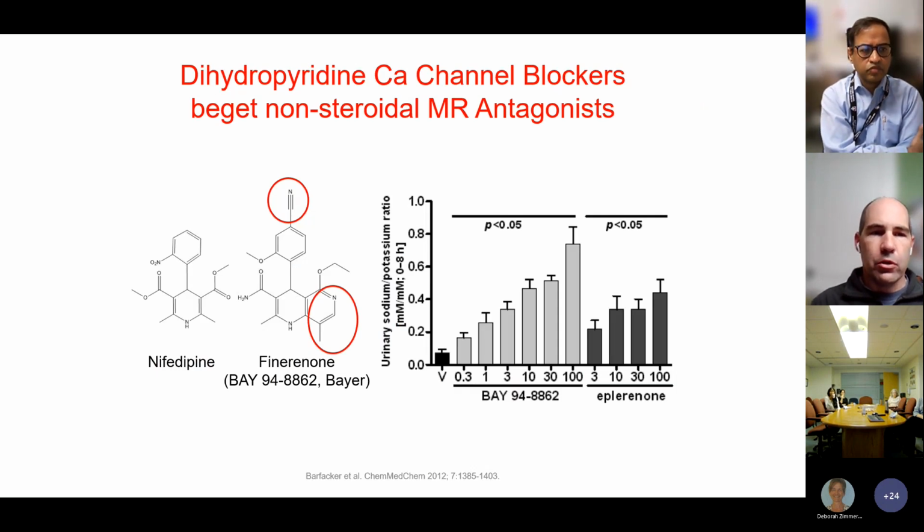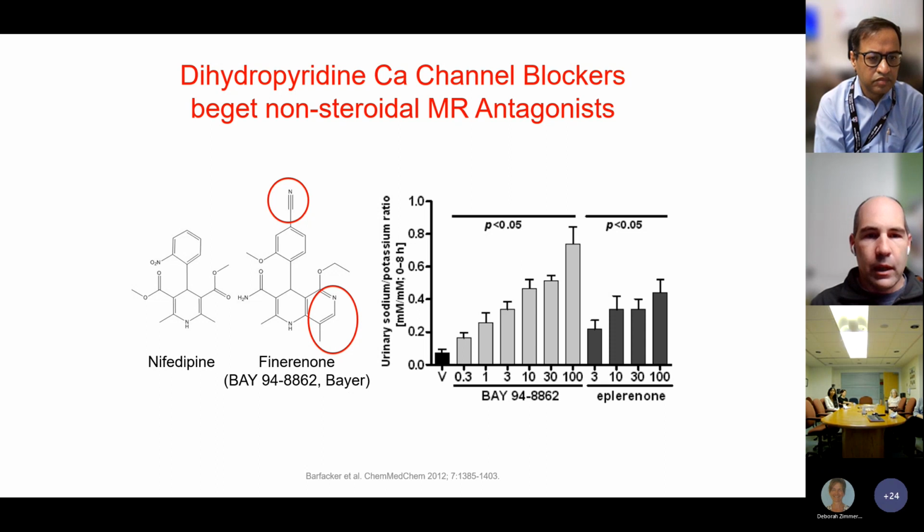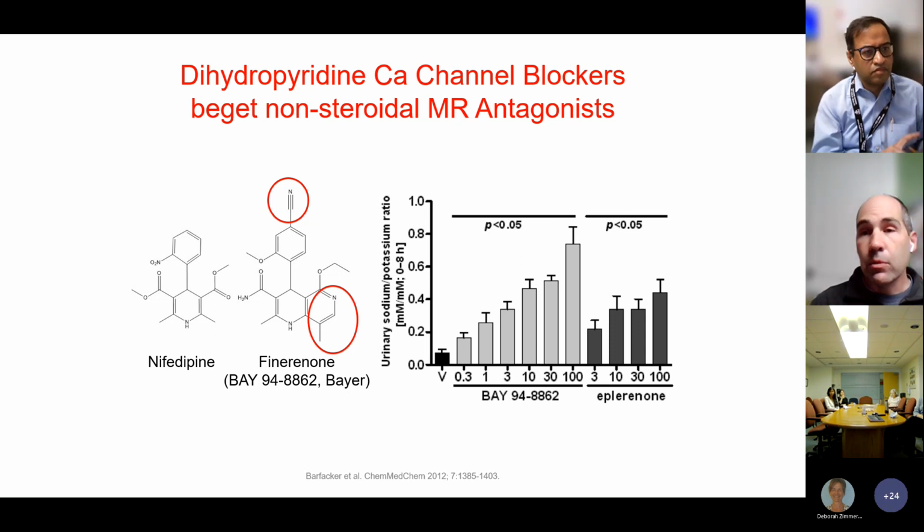So I'm just going to show you the structural similarities. I'm not a medicinal chemist or anything like that. So anything that I'm showing here is just kind of, hey, look at how similar the structure is. The backbone of finerenone is nifedipine. You stick something up here, you complete this right here, and it basically turns nifedipine into finerenone. So that is not just an accident. That's actually how these compounds were discovered. And then they were improved upon by taking the lead compound, modifying it, and leading to potent and specific antagonists